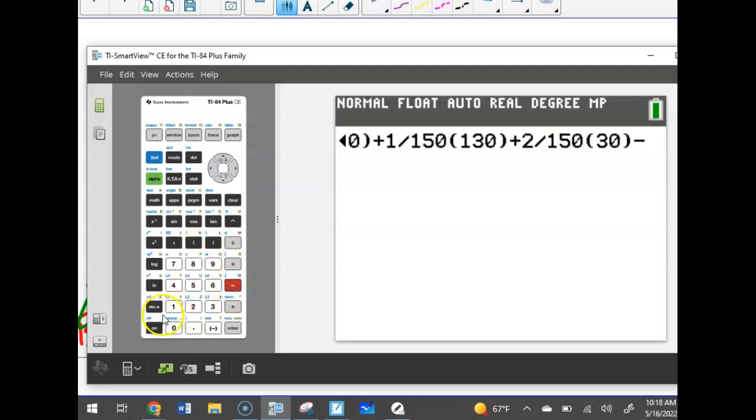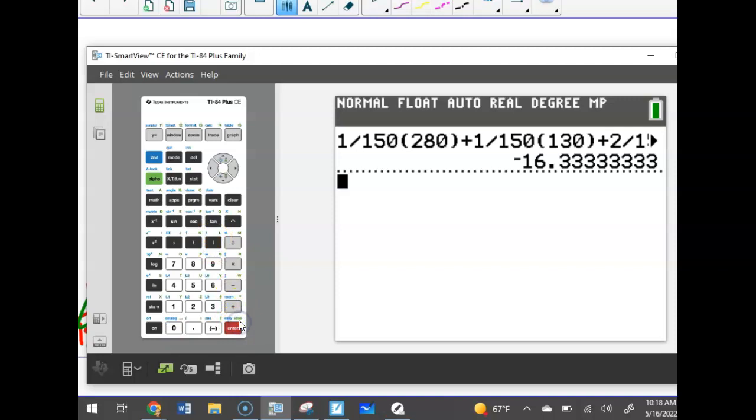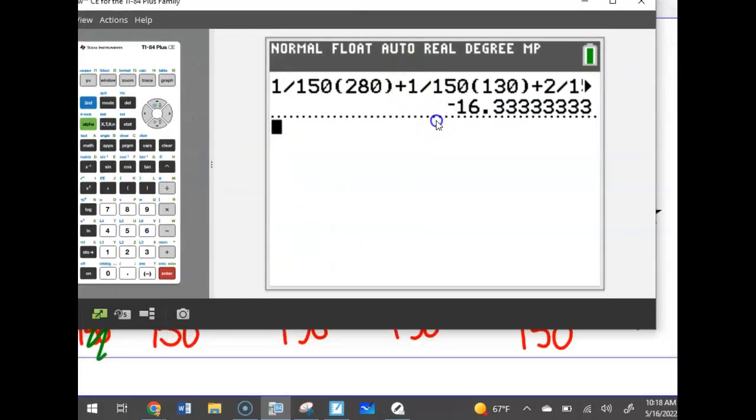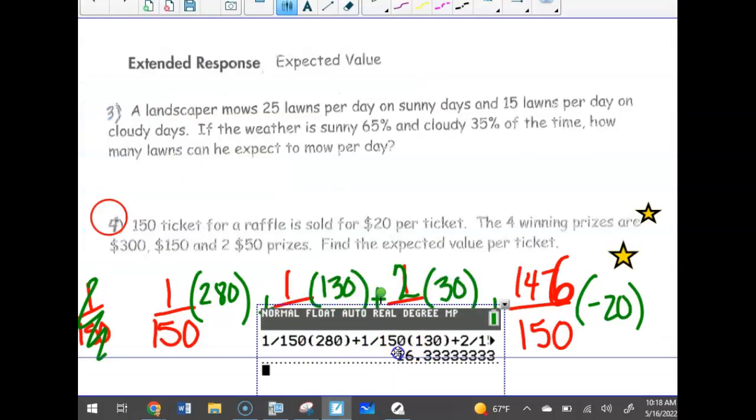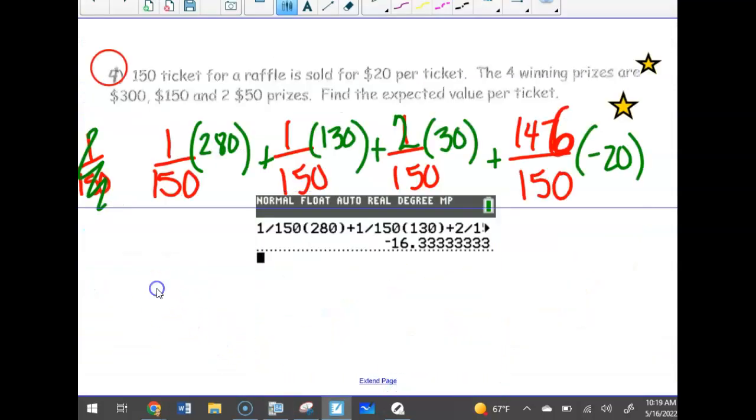And the other 146 out of 150 all lose $20. All right. I might have to re-record this video, but